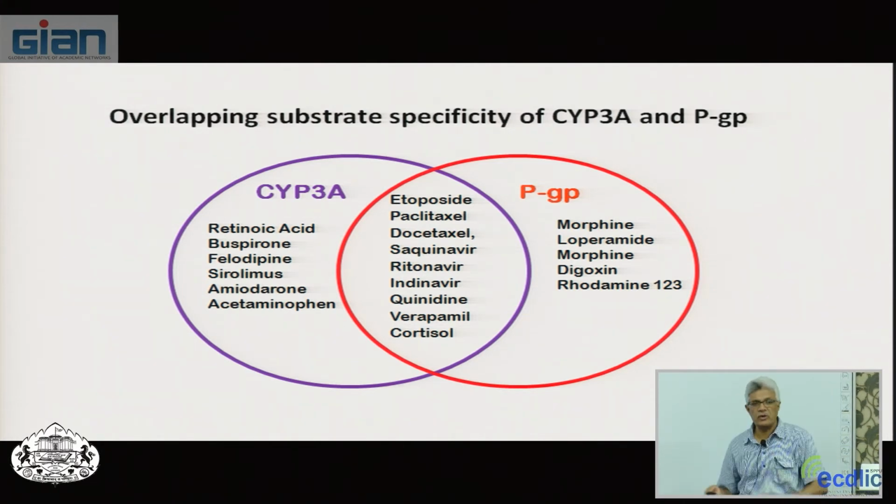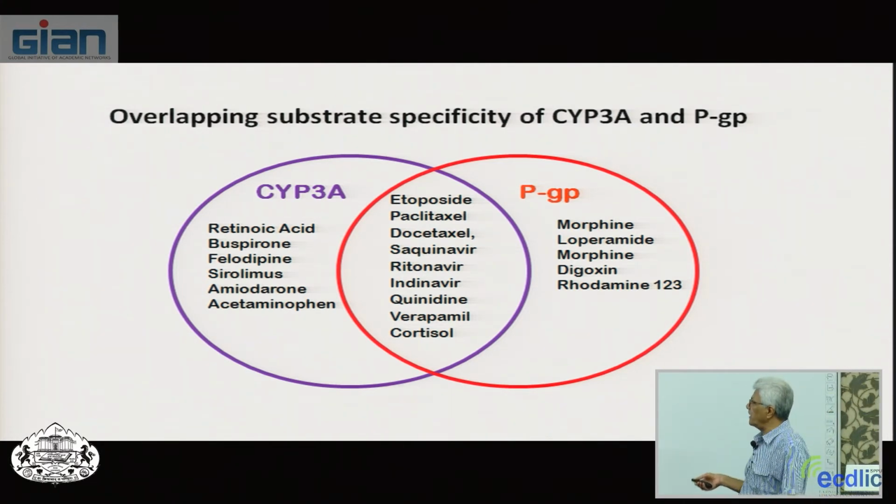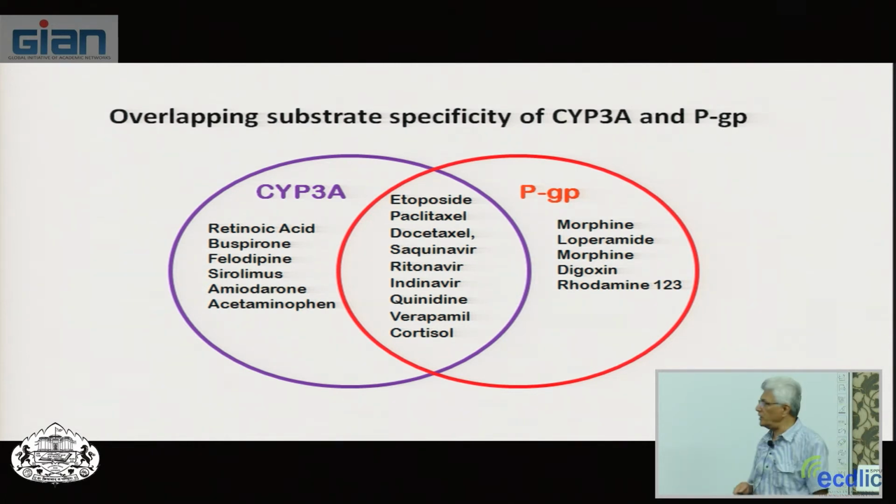There also is an overlapping specificity for CYP3A and P-glycoprotein. A similar thing you can find for ABCG2. And these are some of the drugs, interestingly, which are metabolized by CYP3A and transported by PGP. That's why you need to be aware of these common